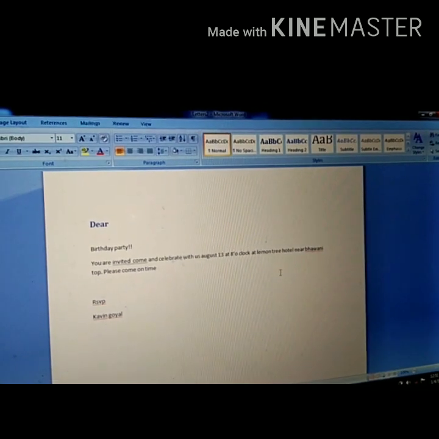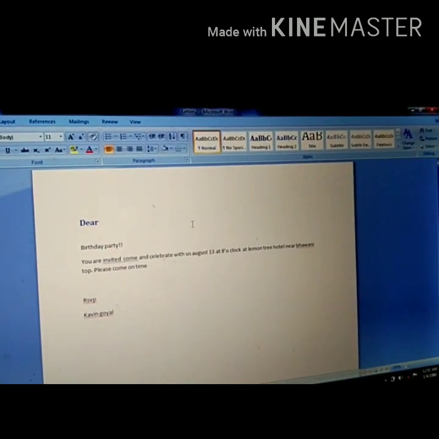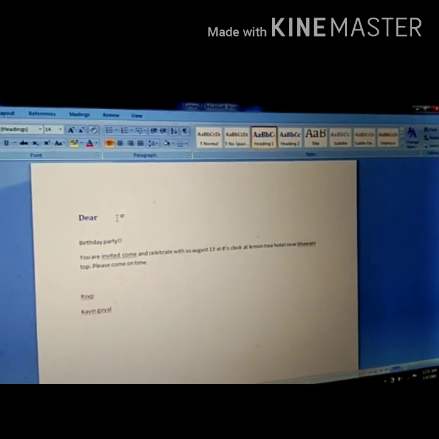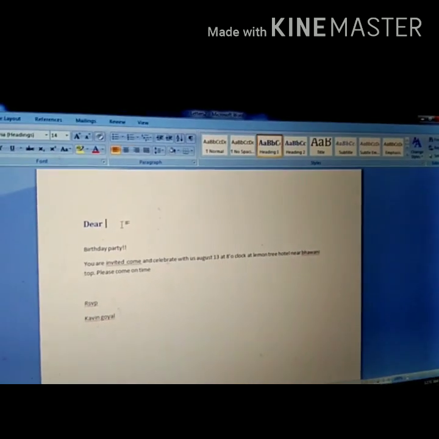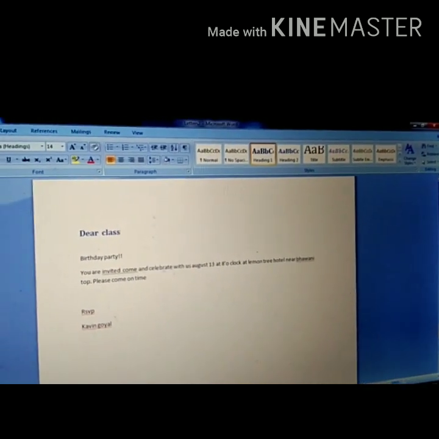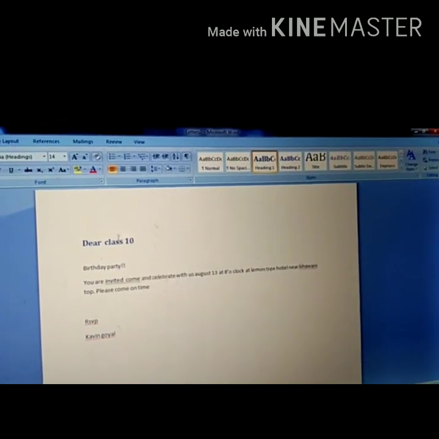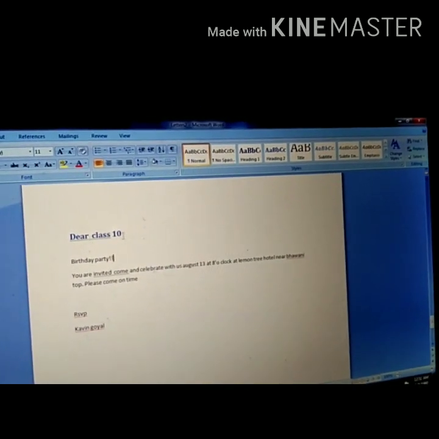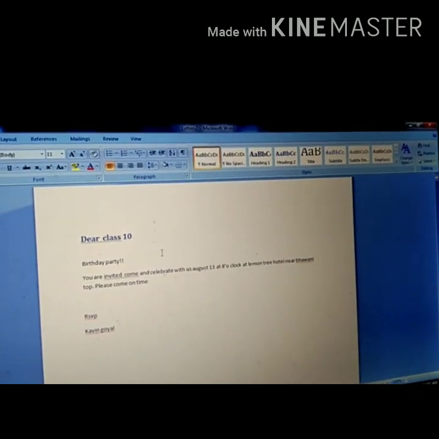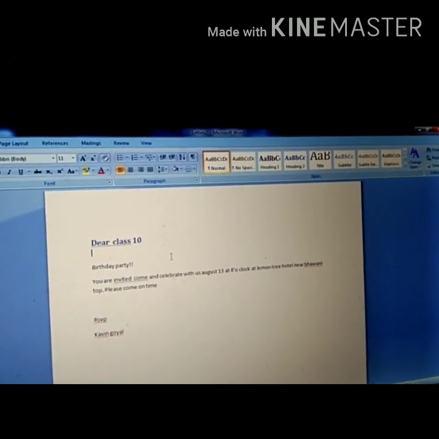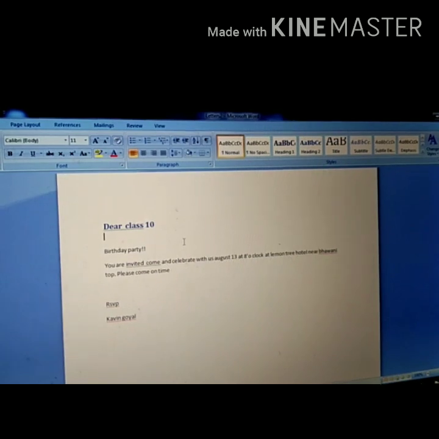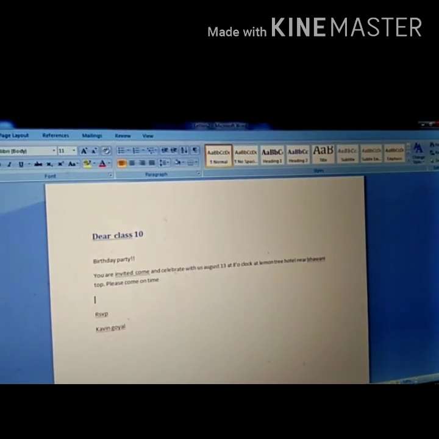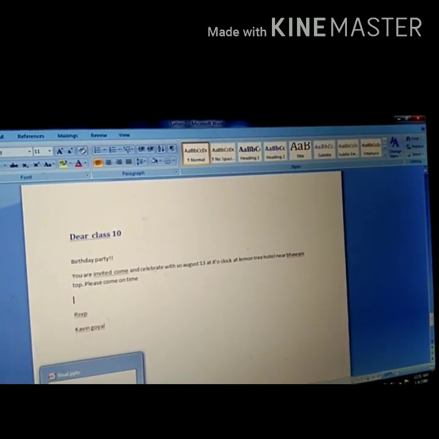Now the option I have selected is edit individual. I want to edit this one, so I'll write here, dear class 10th. So this is the benefit of editing individually. Okay, everything is there. I have written only one single thing, and in this manner I am editing the entire document. Okay, so with this our mail merge first session of this unit is completed.